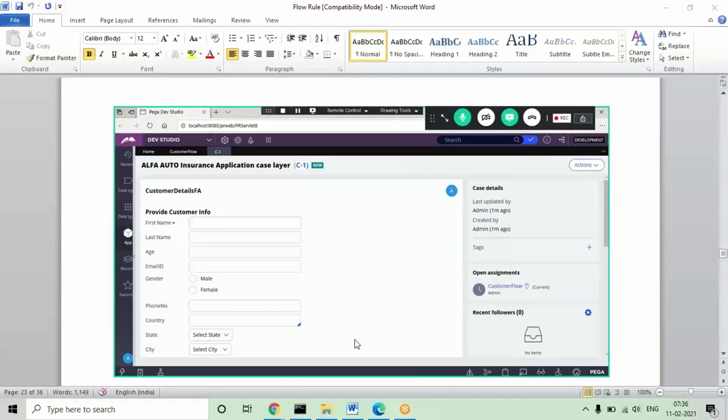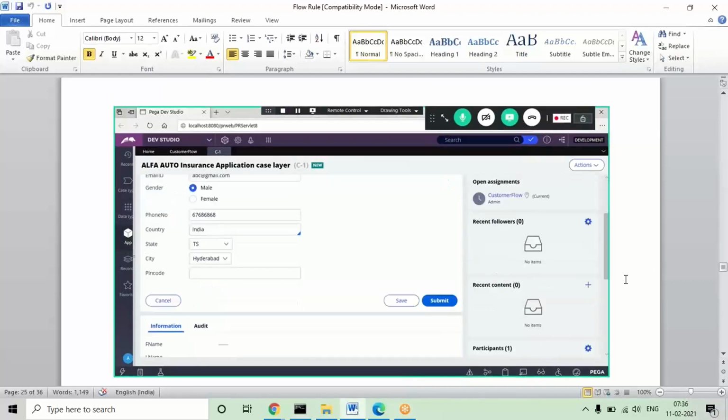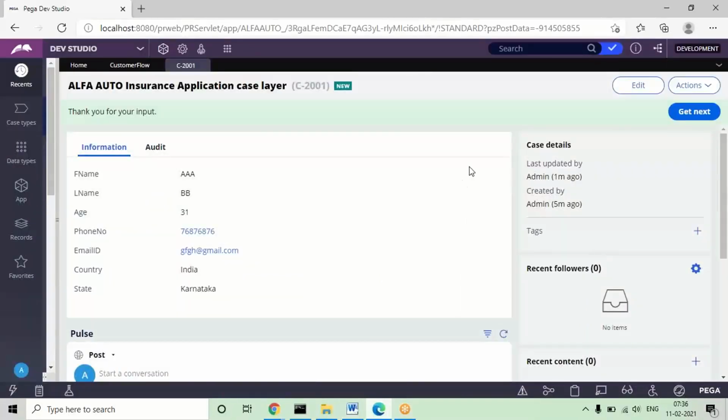But now the point is, the test records we gave and submitted in this design, where will this data be stored? What happens to this data in the backend? That is what we are going to understand. In your application, for every execution, some ID will be created. The first time you run it, it will start as C-1 in your system.